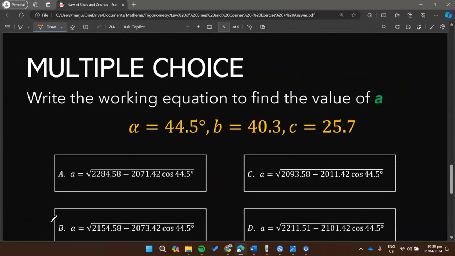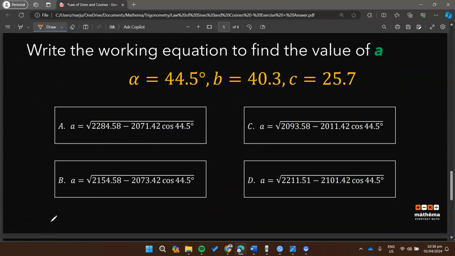Let's move on to cosine. So here, we are asked again to write the working equation to find the value of A. So we are looking for A, side A. Now remember, when we are looking for the side A of a triangle, using the cosine law or the law